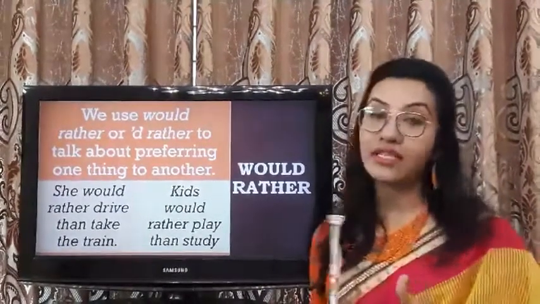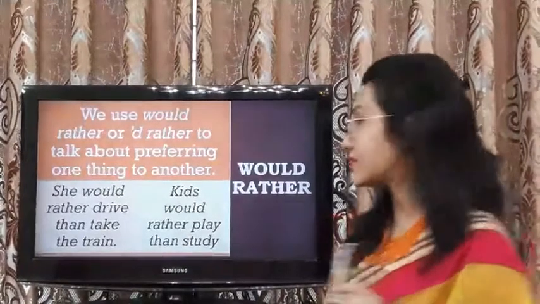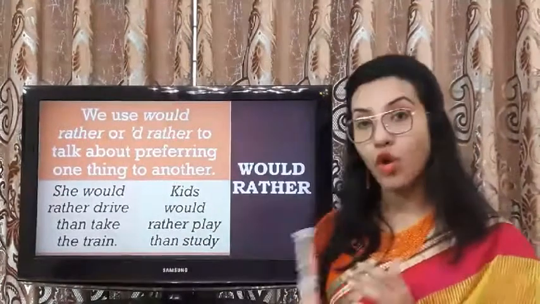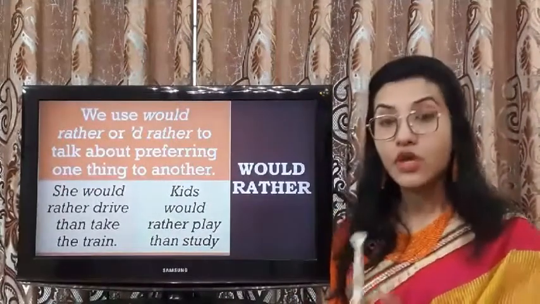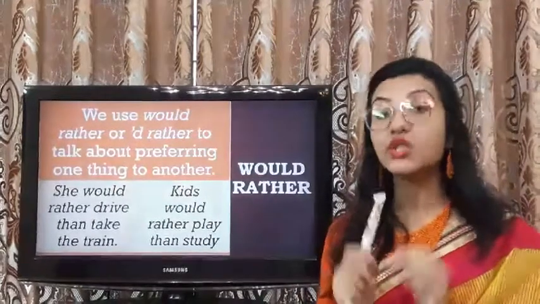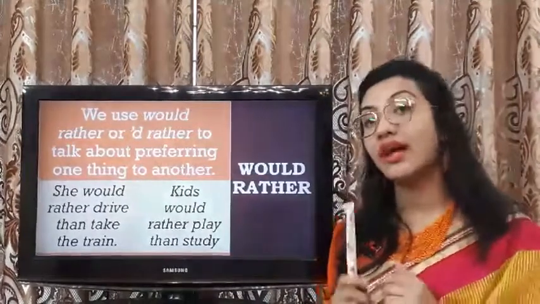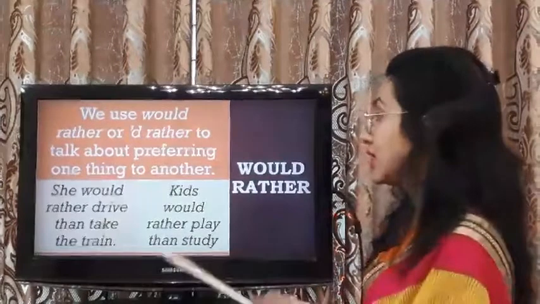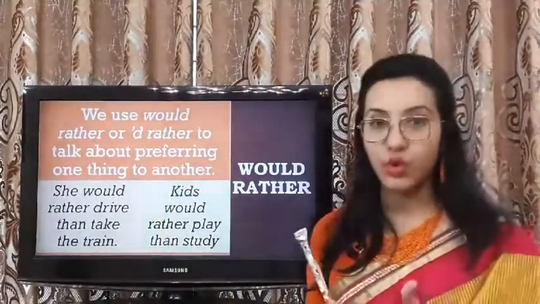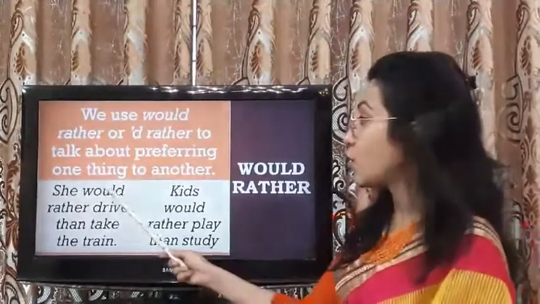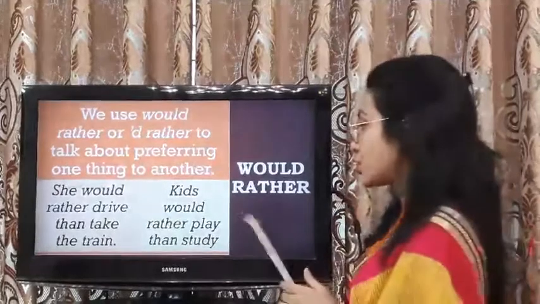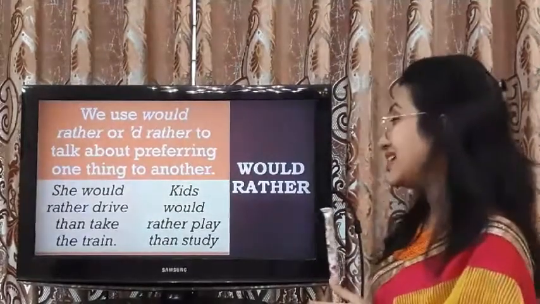দেখো এখানে একটা চয়েস আছে। একজন পারসন সে কি করতে পারে, সে হয় নিজে ড্রাইভ করে যেতে পারে অথবা সে ট্রেনে ভ্রমণ করতে পারে। সো দেয়ার আর টু অপশনস গিভেন, শি হ্যাজ টু প্রেফারেন্সেস, তার দুটো চয়েসেস আছে। এই দুটো চয়েসের মধ্যে তার কাছে ড্রাইভিং করাটা অধিক পছন্দনীয়। ফর দ্যাট রিজন উই হ্যাভ ইউজড উড রাদার ড্রাইভ। তাহলে সেকেন্ড এক্সাম্পলটা চলো দেখি, কিডস উড রাদার প্লে দ্যান স্টাডি।